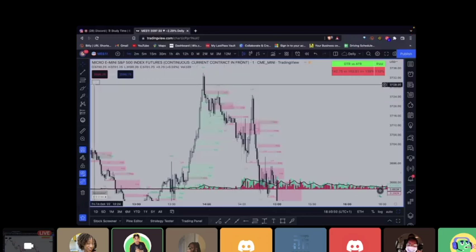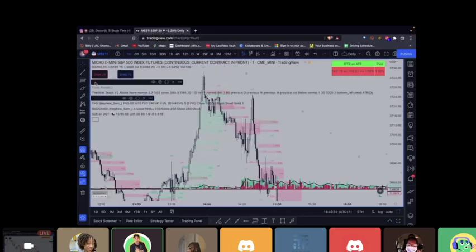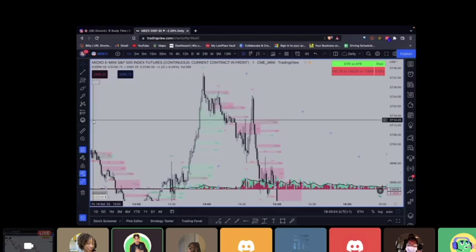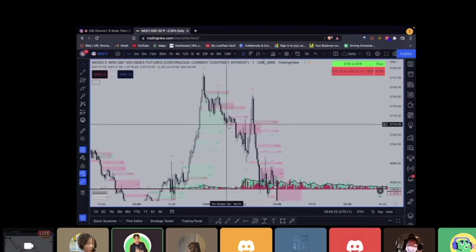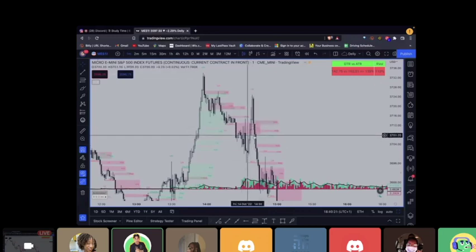And what ICT will say, he says, once you've got your clarification, you want to wait for a TTO or a retracement into a fair value gap. And I've mentioned this quite a lot in the Discord where other members were struggling and getting chopped up or caught out with the retracement. So on this break of structure here, that was your first kind of indication that we're heading downwards. If you'd waited here, you get another lower low, and then this is where you're targeting this fair value gap